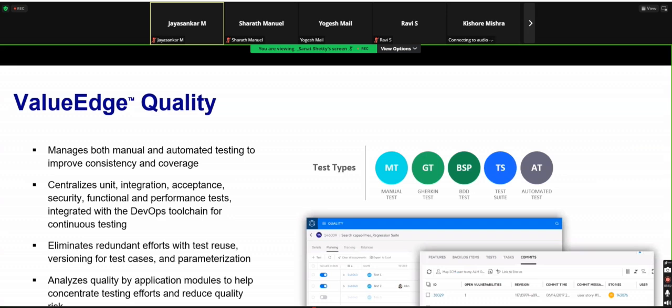Next up is a quality module. This is where your QAs will work in, right? So this is the one-stop shop where all your test artifacts, be it your manual test, your test suite, your automation test, your performance test, or your functional tests that are automated, all can come together and reside in this location. Test planning, test execution, maintaining your defects, linking them to your test, all of that is possible in